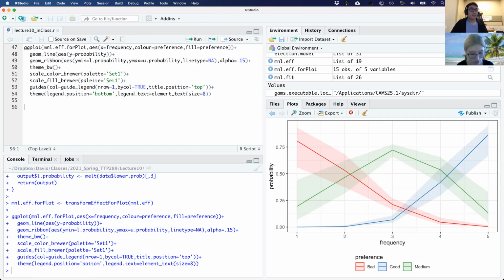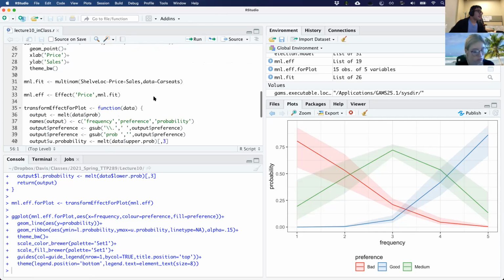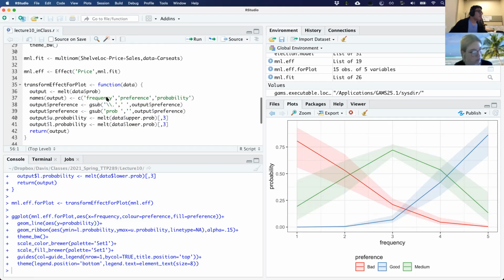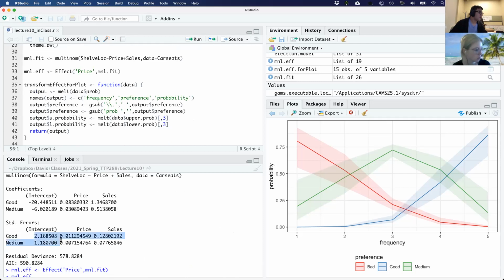So in this graph, for the probability, it also has like a confidence interval or like a range. Is that also included in the results? Yeah. So there's standard errors associated with each coefficient.